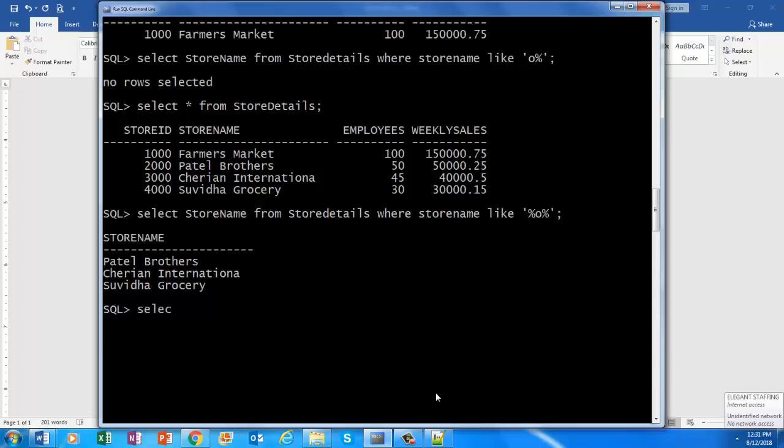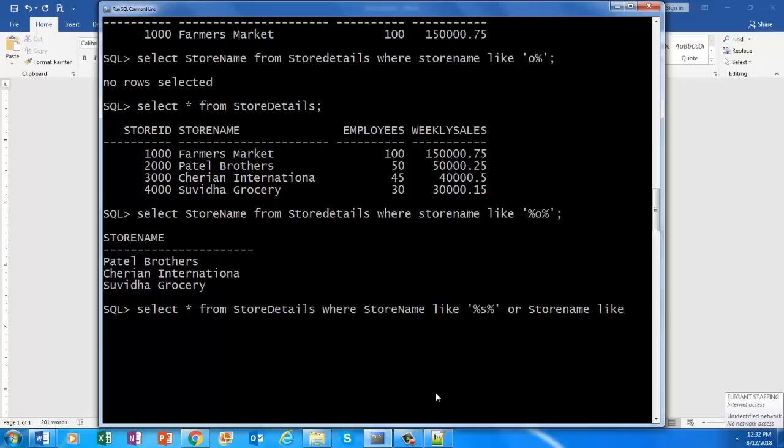So what you will have to do is write select star from store details where store name like percent S percent, and then or store name like